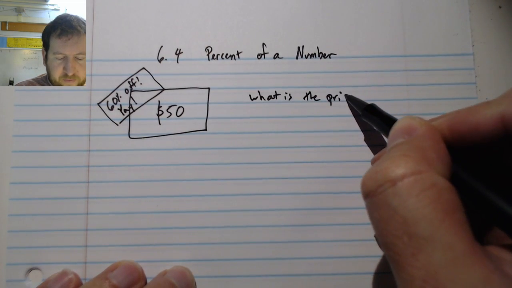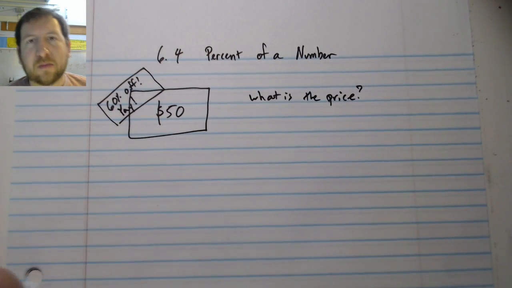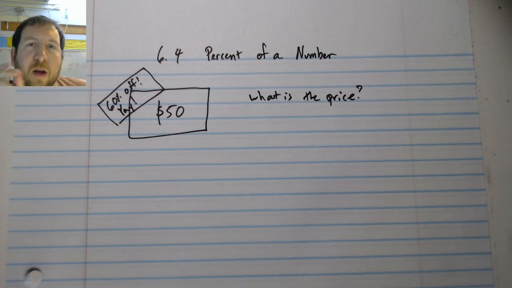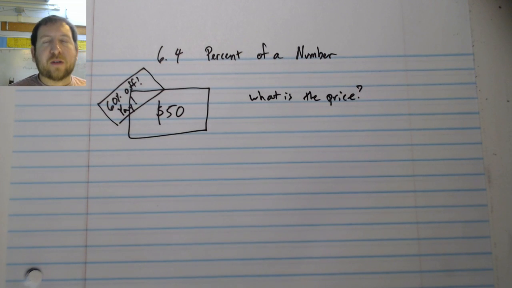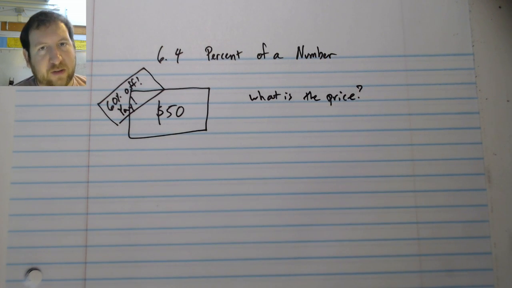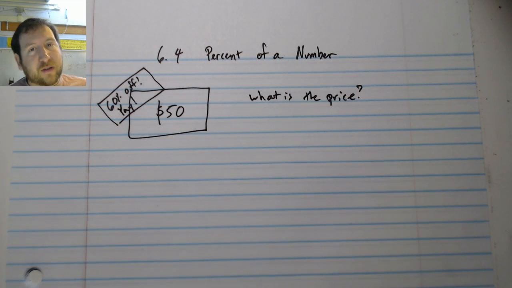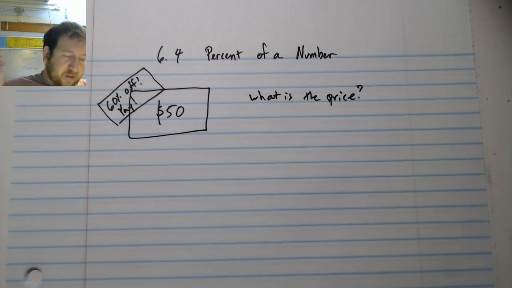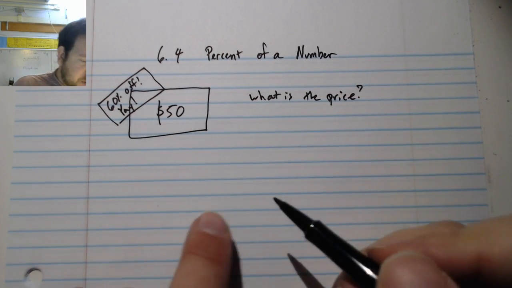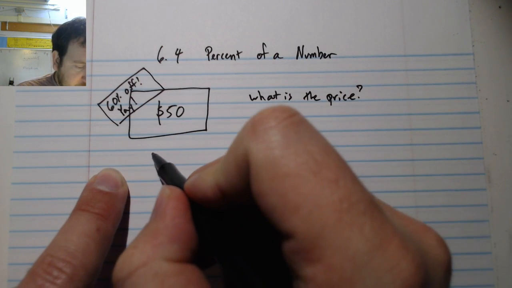And we are going to be investigating these kinds of problems throughout this chapter. And we're going to be learning a couple of different ways to do it, actually. And the first way that we're going to learn, I want you to use on this section. But there probably are other ways that you know how to do this. But I want you to practice this first way just so that we can get everything working and understand how it all works. So how this works is, what this is really saying is 60%